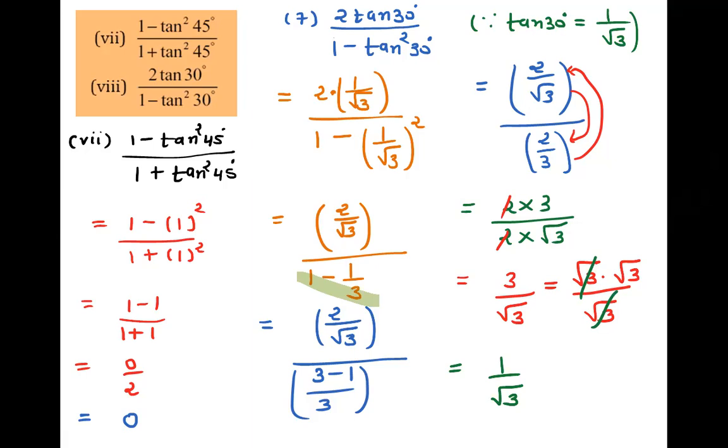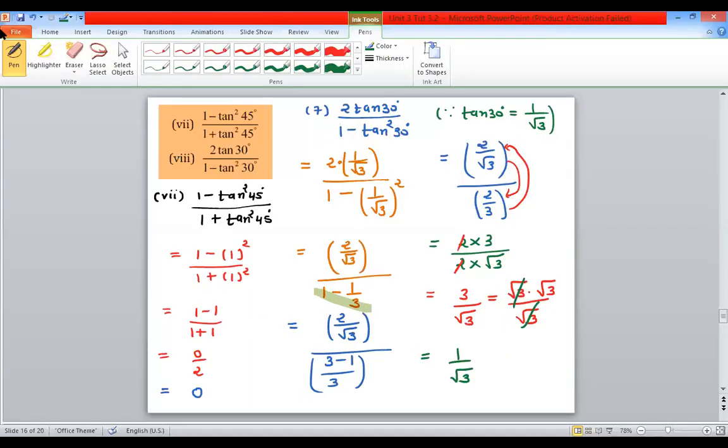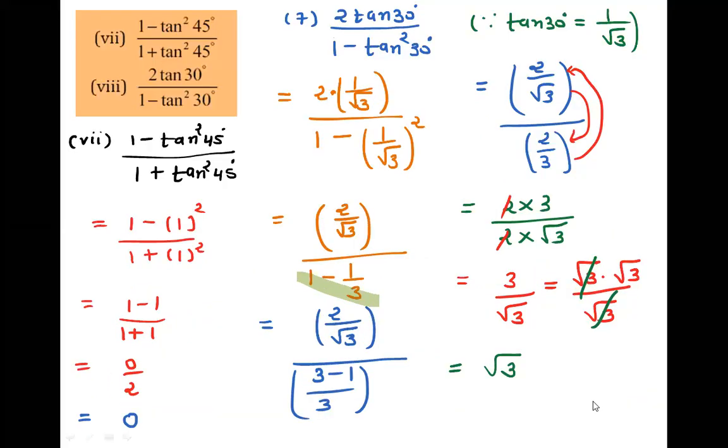Yes, right, definitely, right. It's my fault. And this denominator will be cancelled. The answer is under root 3 only, because the remaining term remains in the numerator. Sorry, numerator. It cancels from the denominator and remains in the numerator, that is why it is under root 3. This is your answer.